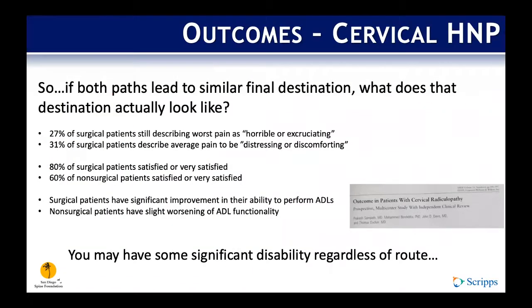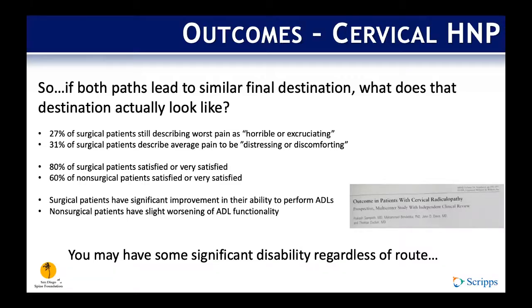And so both paths lead to a final destination. What does that destination actually look like? And we come back to this group. It was, again, 500 patients. And they looked at about 155 of them with cervical radiculopathy in the setting of a disc herniation. And it seems, based on their studies, that a significant number of patients from this group still had persistent symptoms